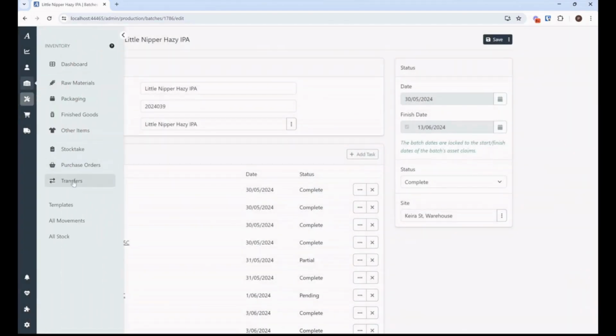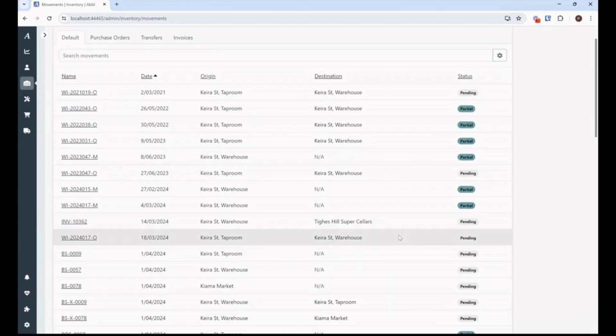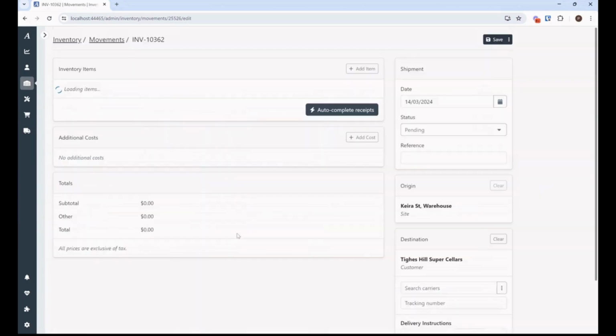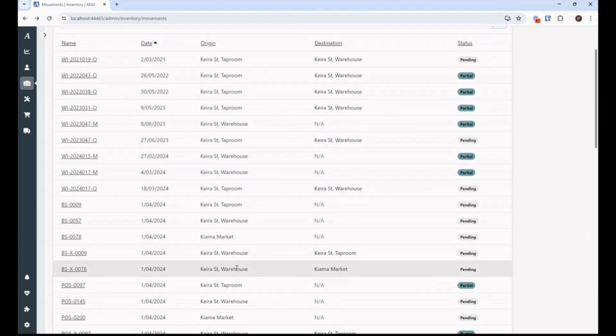From there, we now need to look at all of our pending movements. These might be deliveries that are overdue, or transfers from the warehouse to your tap room, but essentially we need to make sure that if there's anything outstanding, they all need to be acknowledged first. So we can jump in here and check out some pending invoices. We can go into this one and say, yes, that one was actually delivered on that date, so we can automatically mark those goods as delivered. And we just do that for each of the items